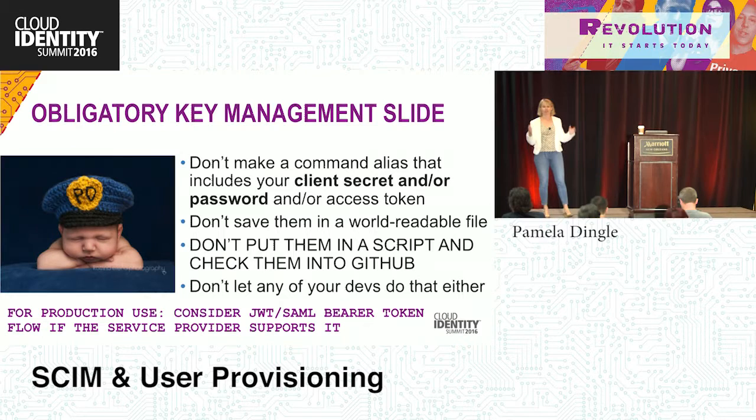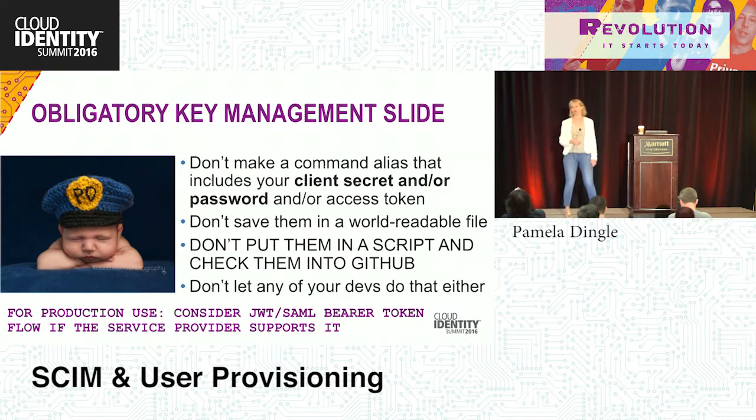So there are all sorts of attacks going on right now. People are literally just parsing GitHub. They're just watching everything that's coming into GitHub and looking for AWS credentials, for example, or other credentials. If you post your client secrets into AWS, I have heard of them being compromised within the hour. So it's really important to have good hygiene around how any developer who's working with SCIM is going to use these credentials.